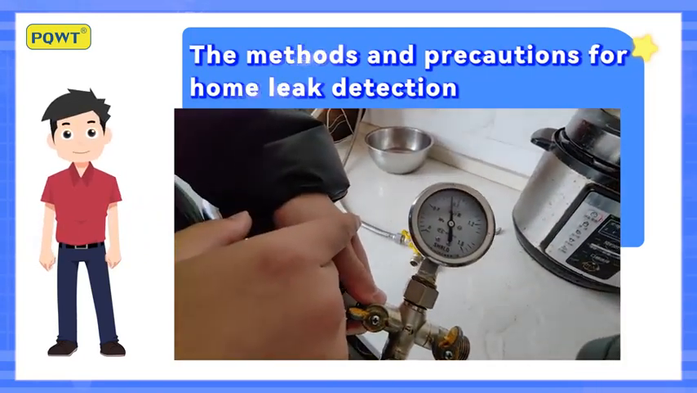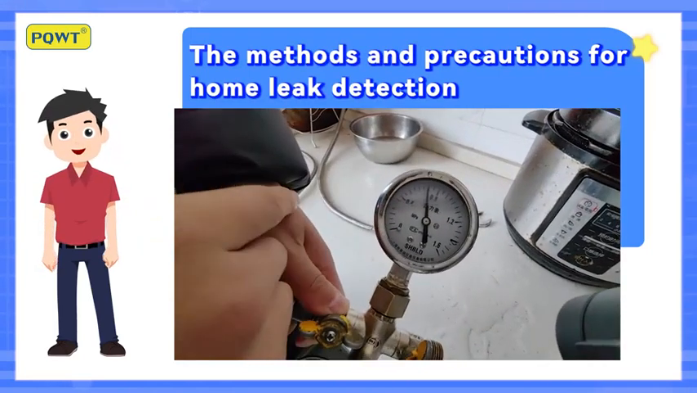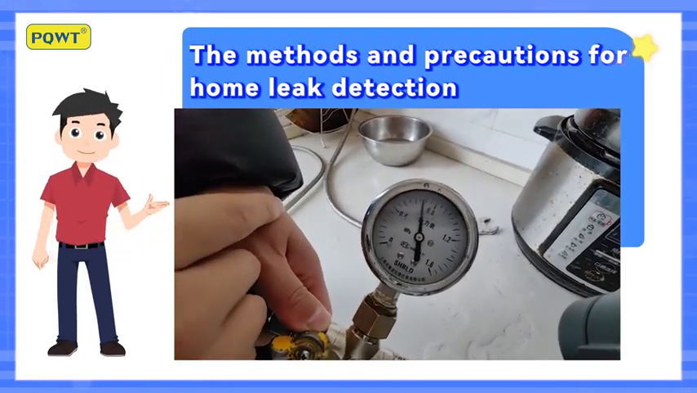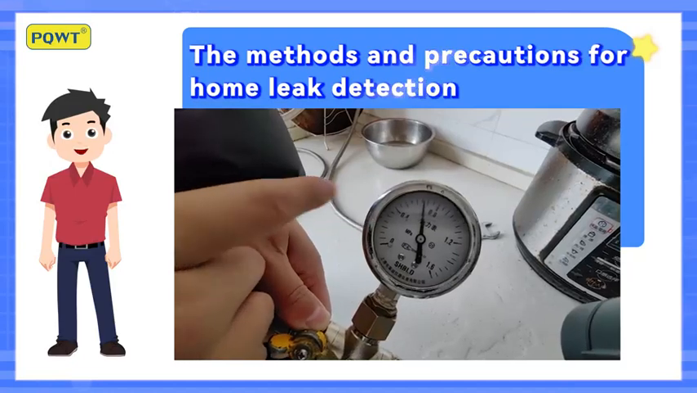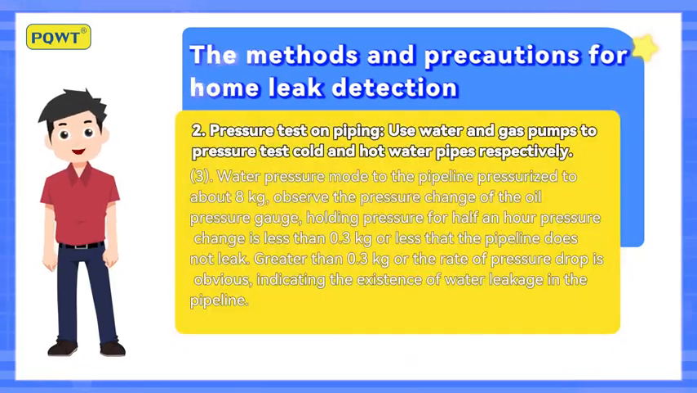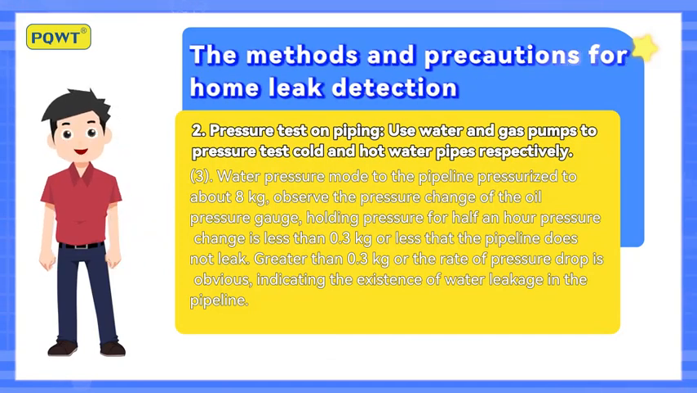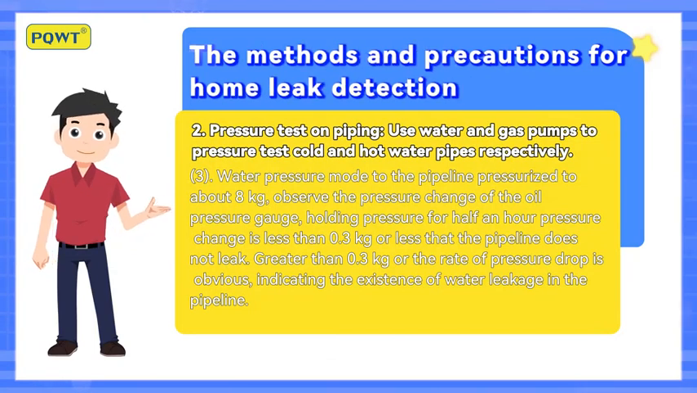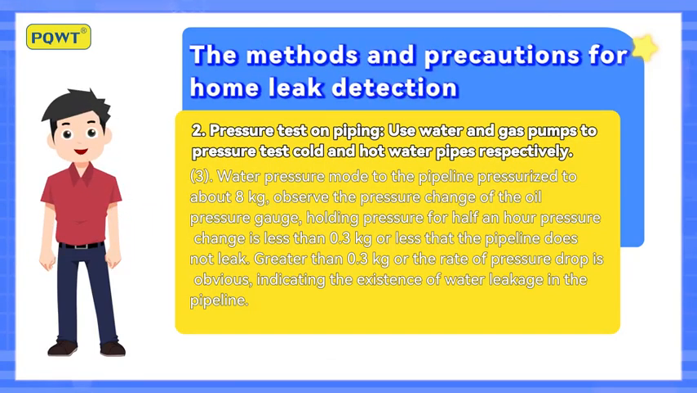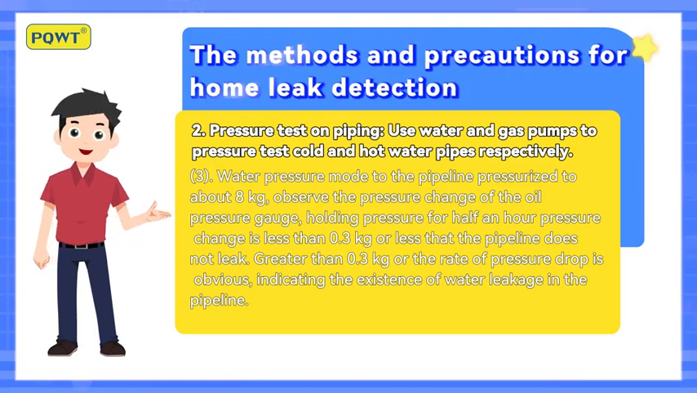3. Use water pressure mode to pressurize the pipeline to about 8 kilograms. Observe the pressure change of the oil pressure gauge. Hold the pressure for half an hour. If the pressure change is 0.3 kilograms or less, the pipeline does not leak. If it is greater than 0.3 kilograms, or the rate of pressure drop is obvious, it indicates the existence of water leakage in the